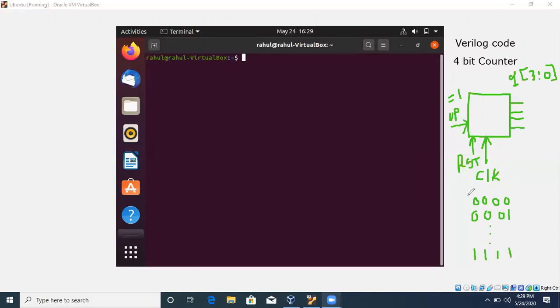So 16 different outputs you will get. The corresponding decimal values will be 0, 1 and so on till the last value is 15, which is denoted by F in hexadecimal. So when up is equal to 1, it will go from 0 to F.